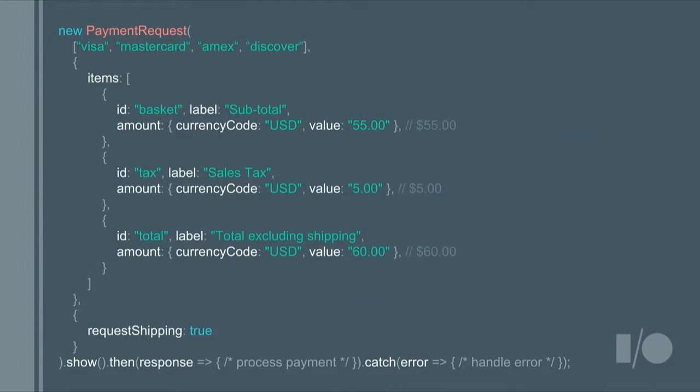We would appreciate it. There are several parameters that you need to specify for Payment Request. The first two are required. The first one in particular is the list of payment methods that this website accepts. For the legacy case of credit cards, which is what we're showcasing here, you would pass